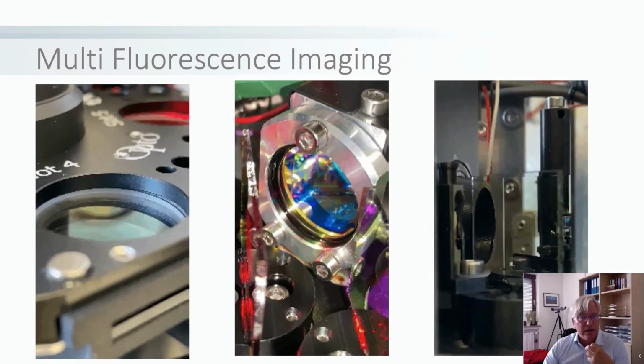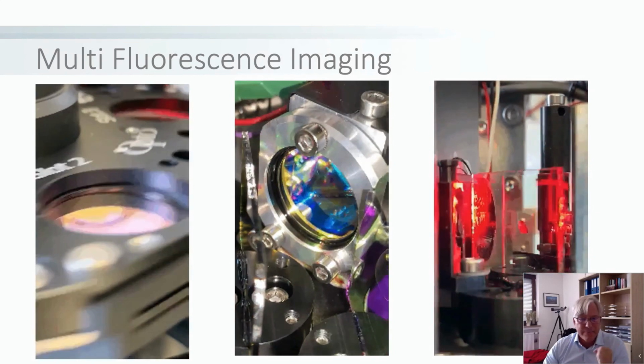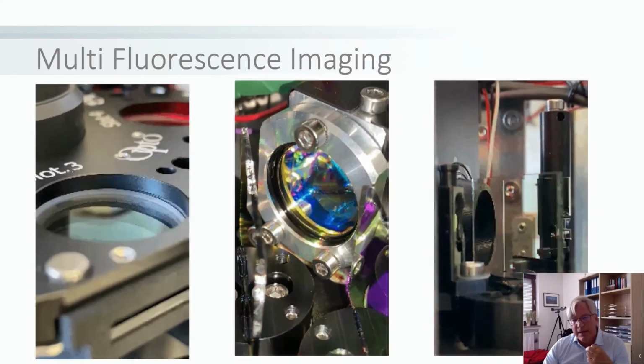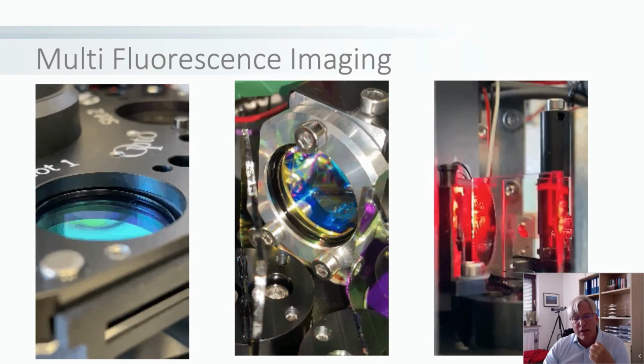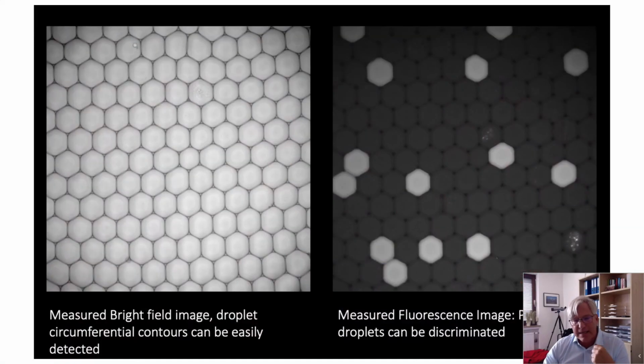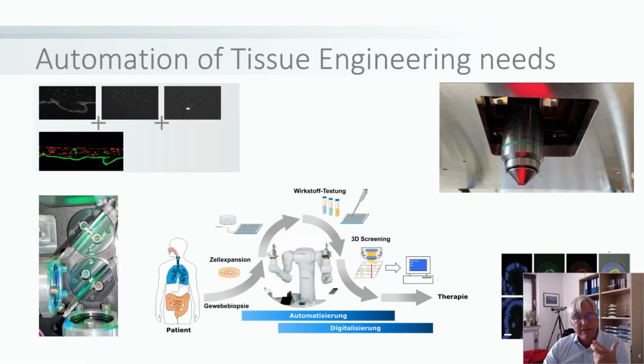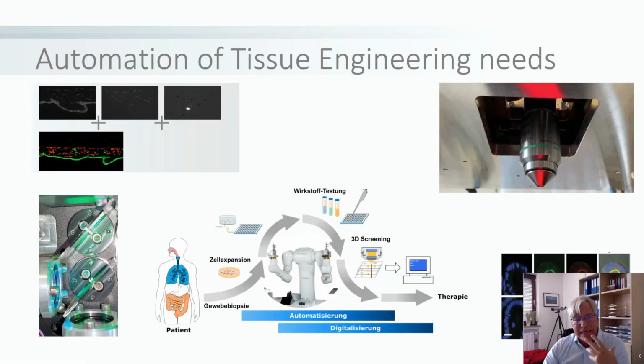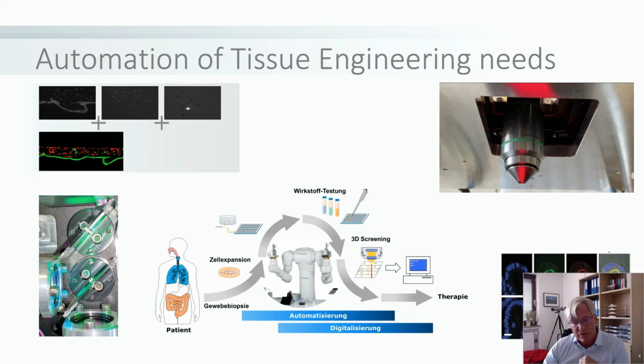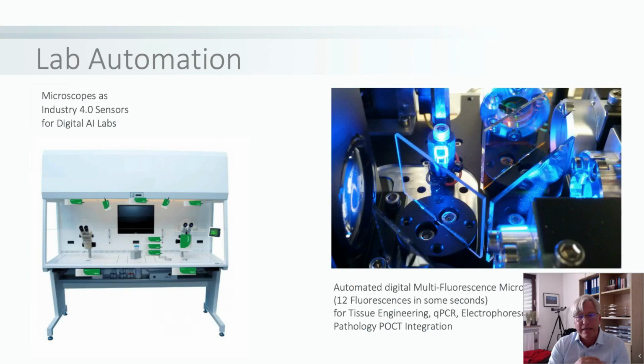Here you see these multi-fluorescence platforms where we have up to 12 fluorescences in some seconds, to then create, so to say, PCR screening, quantitative digital screening, and implementation into robotic applications, or in applications where you can't move your sample, we move the microscope. That's everything about automation of microscopy, digital microscopy, up to complete lab